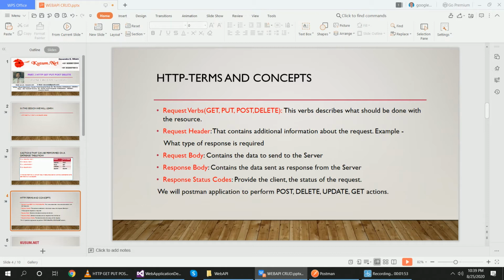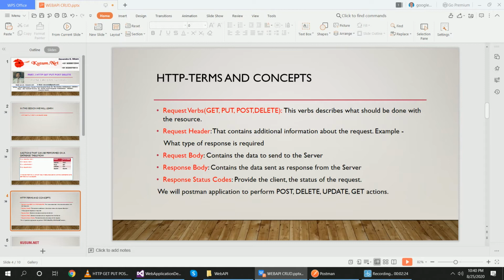Request header contains additional information about the request, what type of response you require. Like if you require the response in XML, JSON, whatever, you select that one in the request header. Request body contains the data to send to the server. Whatever type of data you want to send, please mention that type.